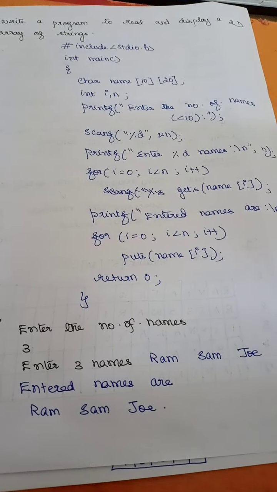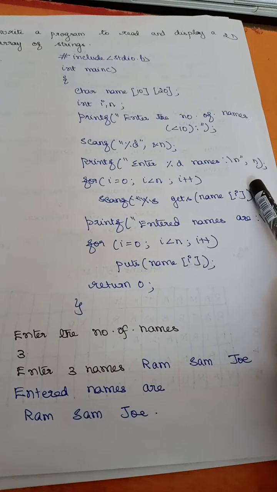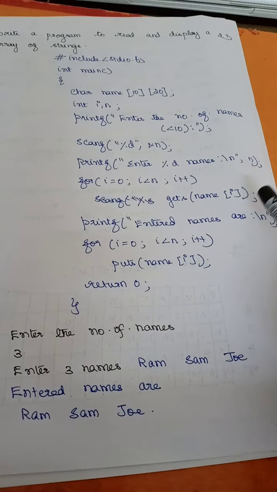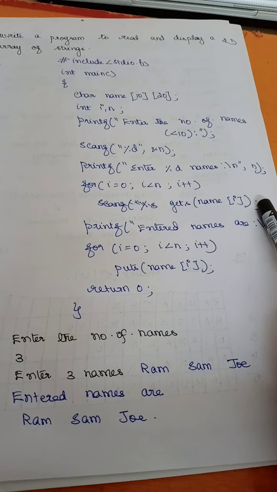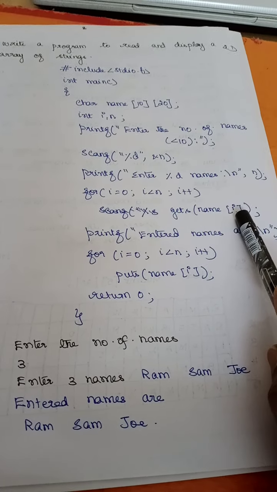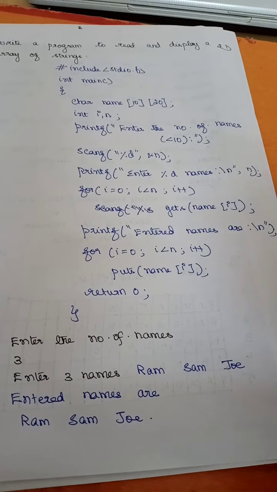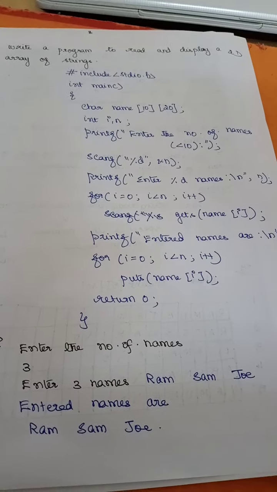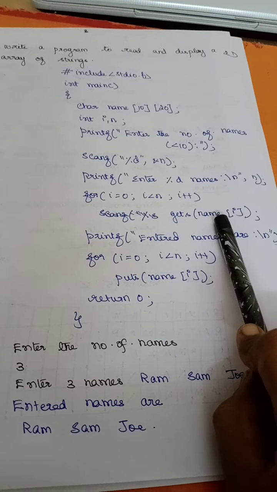So the 20 is going to be for all the strings. So I need not mention here once again. If you want to read character by character, then you need to mention that. Since I am going to read the entire string, I can specify only the name of i. That is the only difference you have between your usual two-dimensional array and a character array, right?